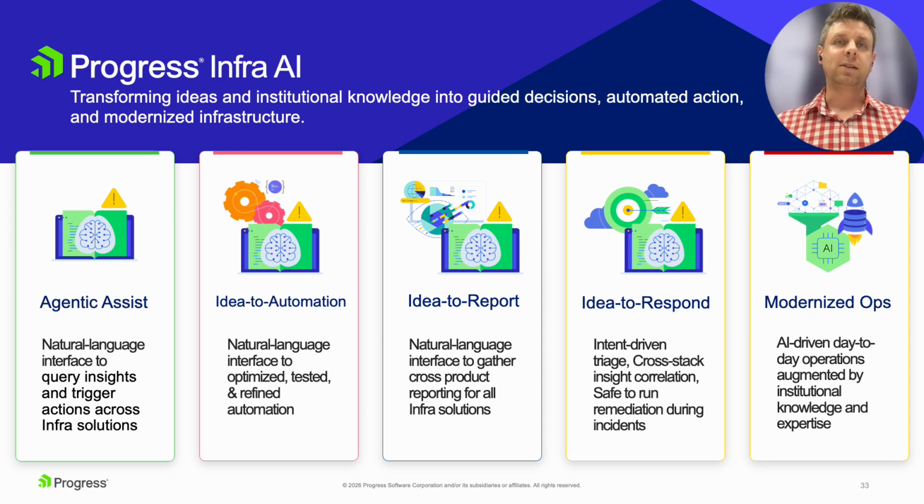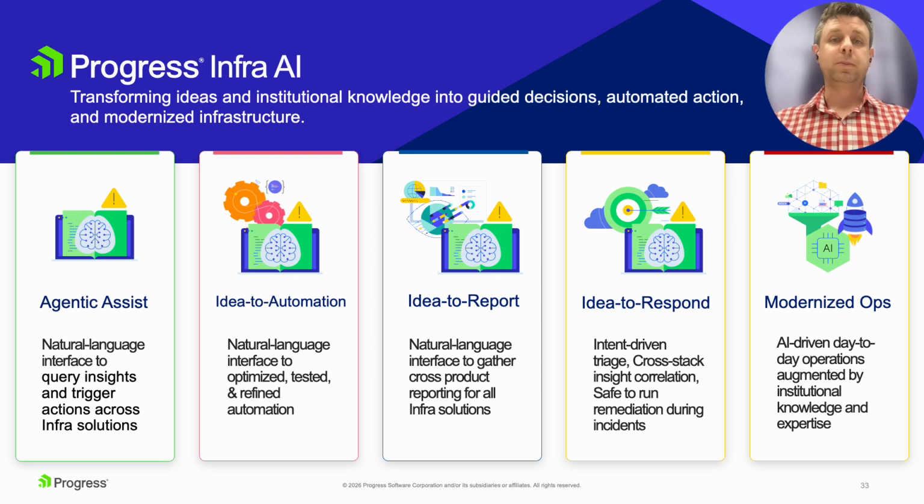That's where you need some data, some proof, some evidence, and the same natural language conversation will be the trigger for that, where you just ask WhatsUp Gold or the other Infra product to give you some data and it will start building the report right from the spot. And the idea of respond is very similar to automation, but in the case of something happening, the reaction should be this. That's the idea of respond: when you say to the system, please, next time when such things happen, act accordingly. And this all leads us to the